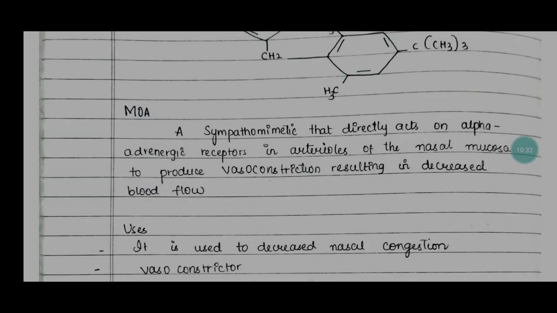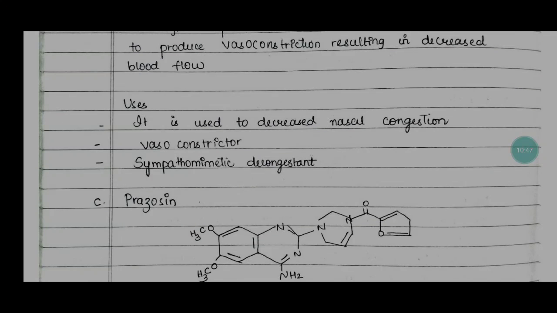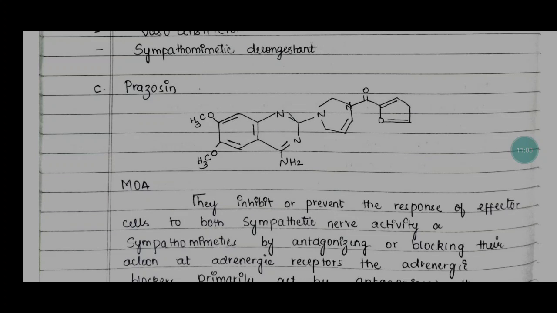alpha adrenergic receptor in the arterioles of the nasal mucosa to produce vasoconstriction, resulting in decreased blood flow. And the uses for xylometazoline are: it is used to decrease nasal congestion, and it is also used as a vasoconstrictor, and in the preparation and treatment of sympathomimetic decongestants. Number C, prazosin, the mechanism of action: they inhibit or prevent the response of effector cells,